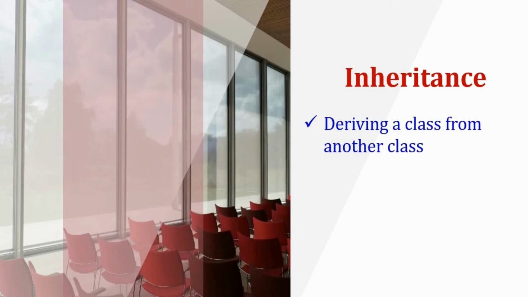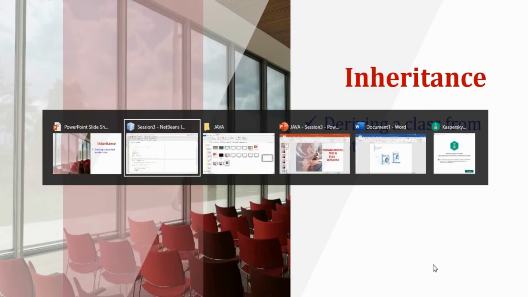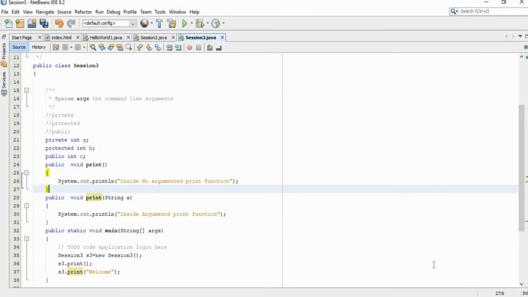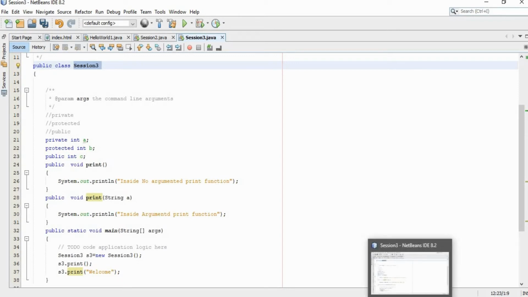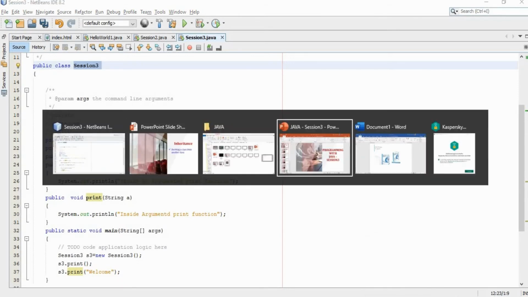For example, here we are having a class called Session3, right? Using this particular class Session3, if I am creating another class called Session4, Session4 is an inherited class of Session3, right? So this is known as inheritance. That is, creating another class from the existing class is called inheritance, right?